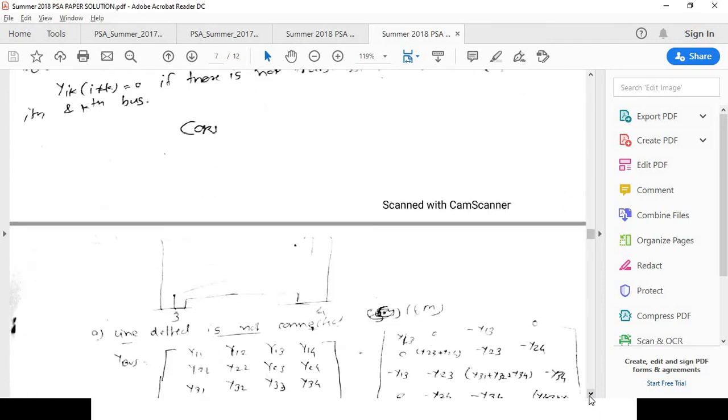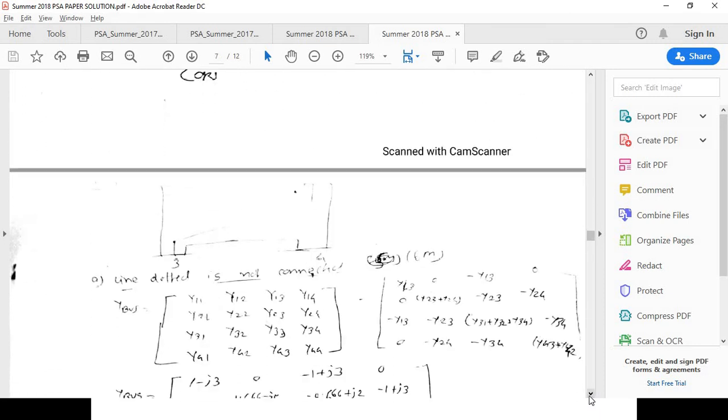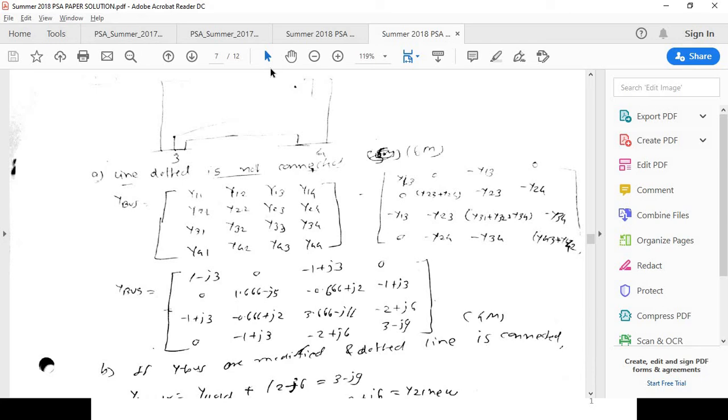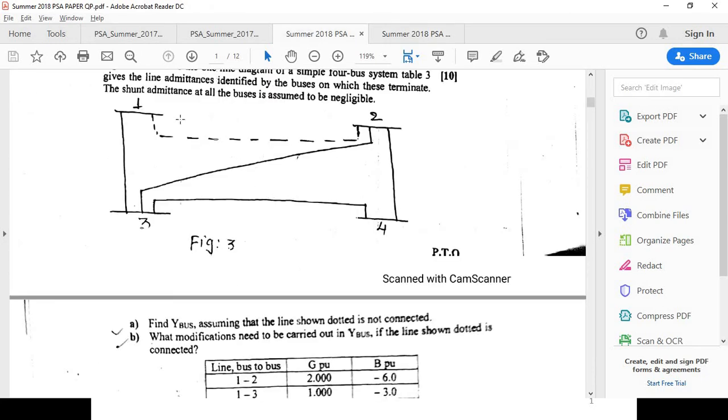Here only keep in mind that in some cases admittance is directly given. In this case admittance you need to calculate. So while calculating the Y bus matrix, we will consider the first case, where line number 1 and 2 are not connected. Now in the calculation of the Y bus matrix, the rule is that the size of the Y matrix depends on the number of buses. That is, if n buses are present, the size of the Y bus matrix is n by n. In this case, the total number of buses is 4, and hence the size of the Y bus matrix is 4 by 4.